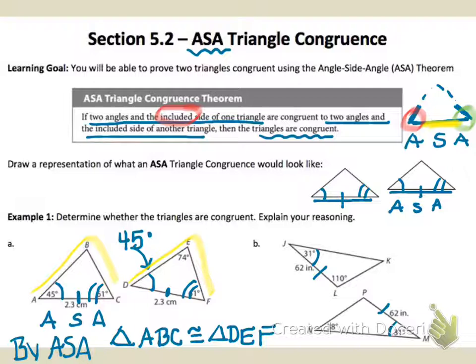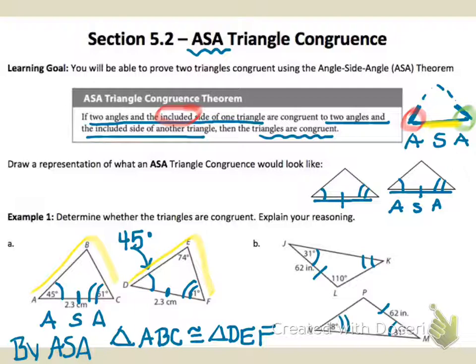Okay. So I have an angle in the top triangle that's 110, and I have an angle in the bottom one that's 38 degrees. Now, those are not the corresponding angles anyway. They're not the matching ones. If I wanted to use this 110 degree angle, I would have to know angle P. If instead I wanted to use the 38 degree angle in the bottom triangle, I would have to know K. But if I found this one was 38 and then this one was 38,